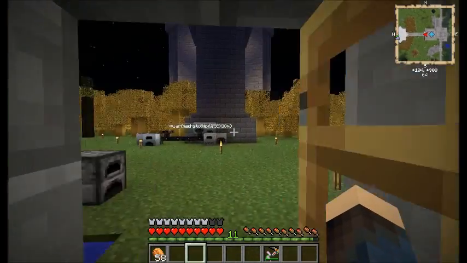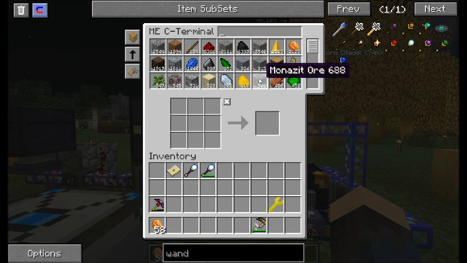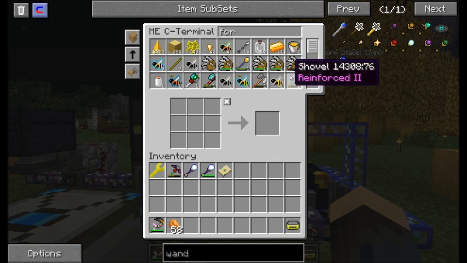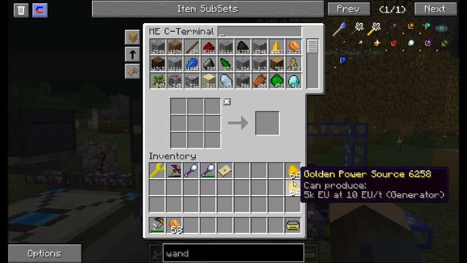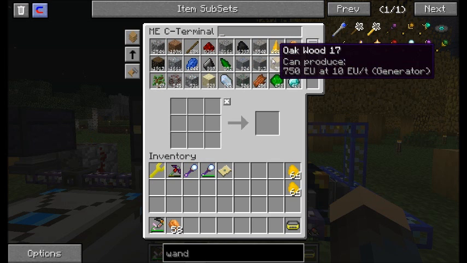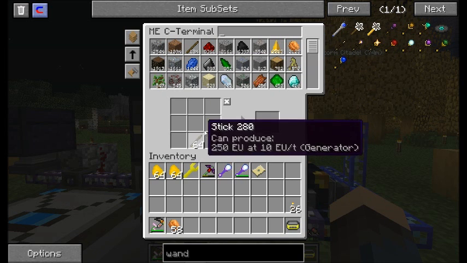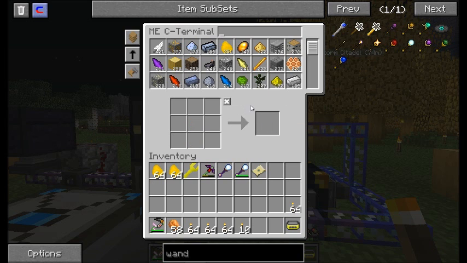I'll keep this one. And we're going to take this Force Belt, mainly so we can carry around some other things without cluttering our inventory. Going to take a few golden power sources. There. Bunch of torches. And I think that will...